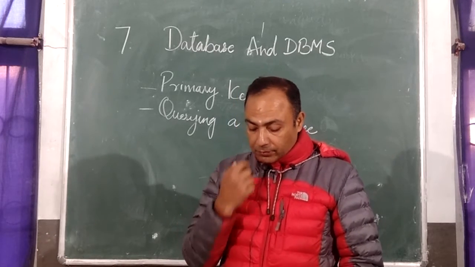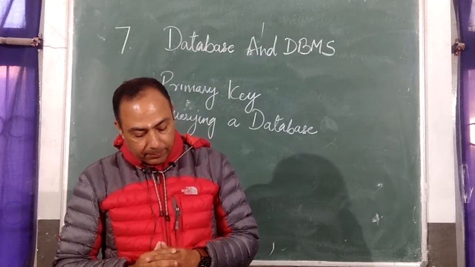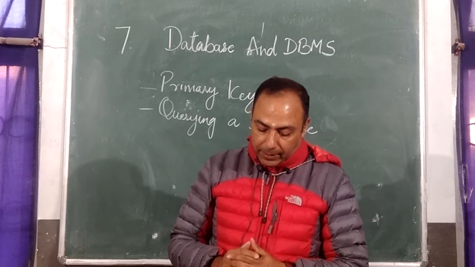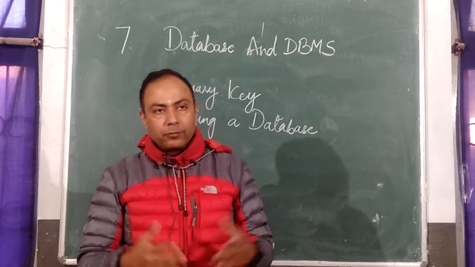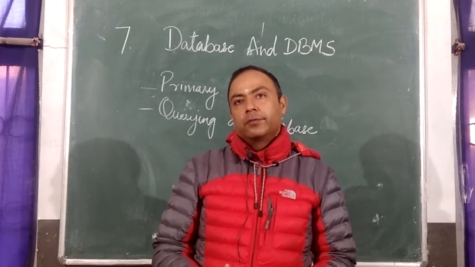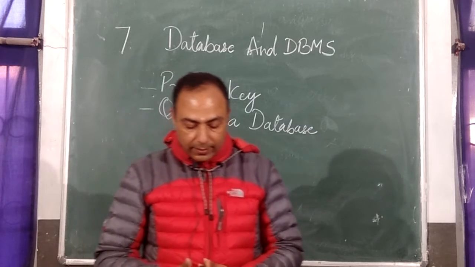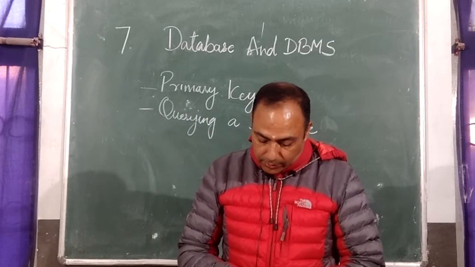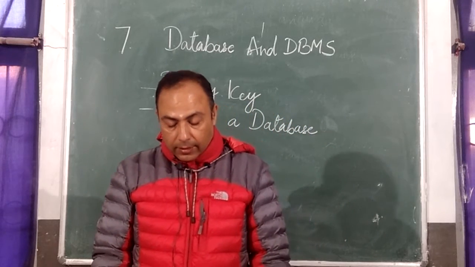Now the setting of the primary key. To set the primary key, we have to navigate the panel and right click on the required table. So the table is there. We have to open the Microsoft Access database. Then the table is there. We have to right click that table, and the shortcut menu will appear. We need to go to the design view.